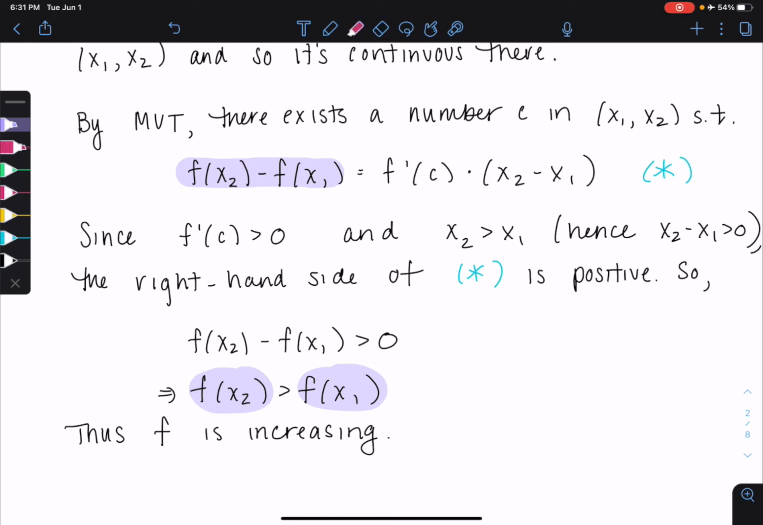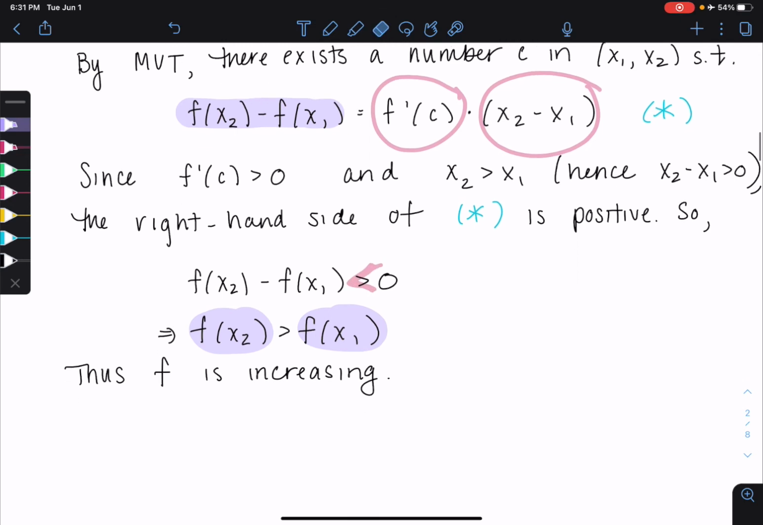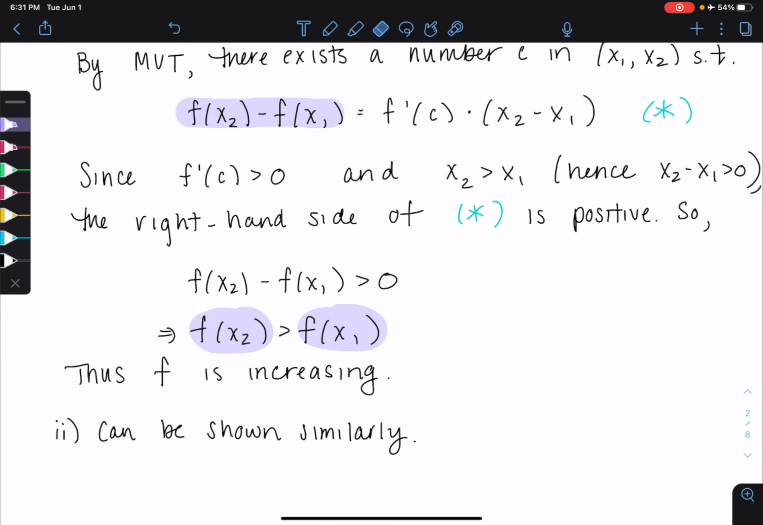If I want to do that second case and my derivative is negative, this would be a negative number times a positive number. The only thing that would change is this would be negative. So really that second part can be shown in a similar manner. Okay? So this is why the mean value theorem is really useful for us,